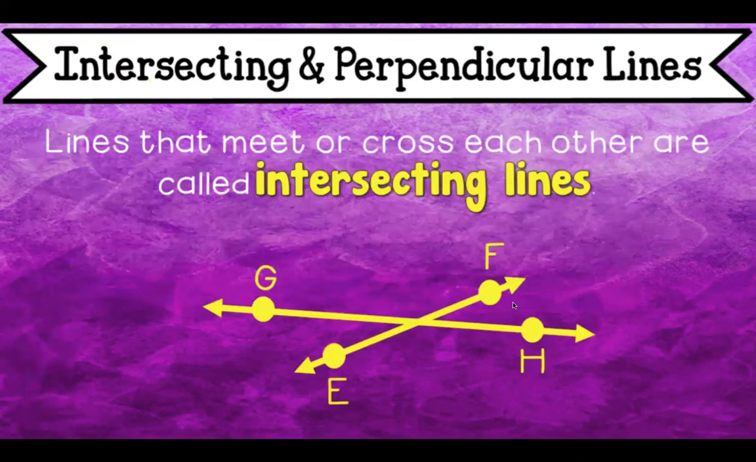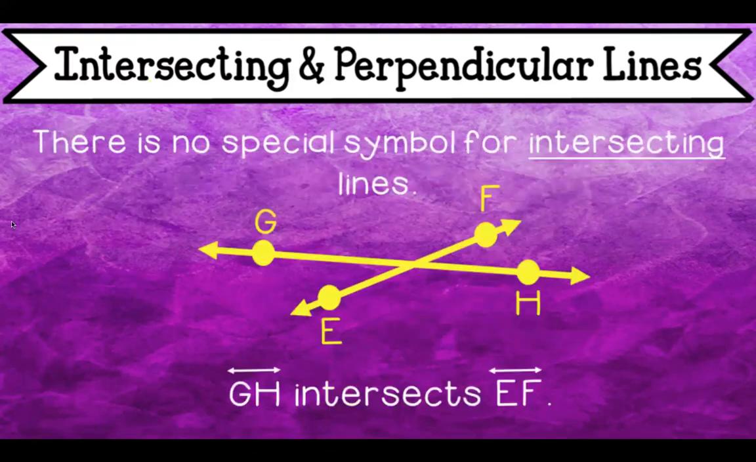Okay, we also have intersecting lines. These are not like parallel lines. These lines cross each other. Lines that meet or cross each other are called intersecting lines. There is no special symbol for intersecting lines. GH is simply intersecting line EF. Okay,